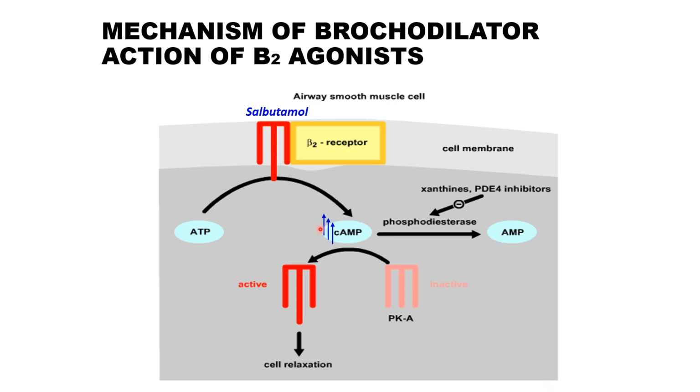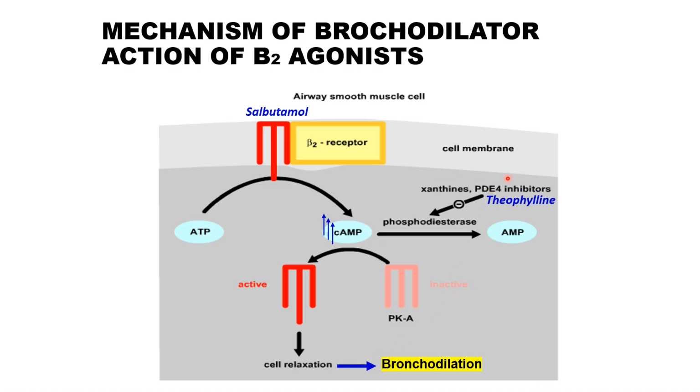The increase in cyclic AMP will lead to activation of the protein kinase A. This will lead to smooth muscle, airway smooth muscle, cellular relaxation. So this cellular relaxation will lead to bronchodilation. Now the other example that also can cause the increase in cyclic AMP and eventual bronchodilation is